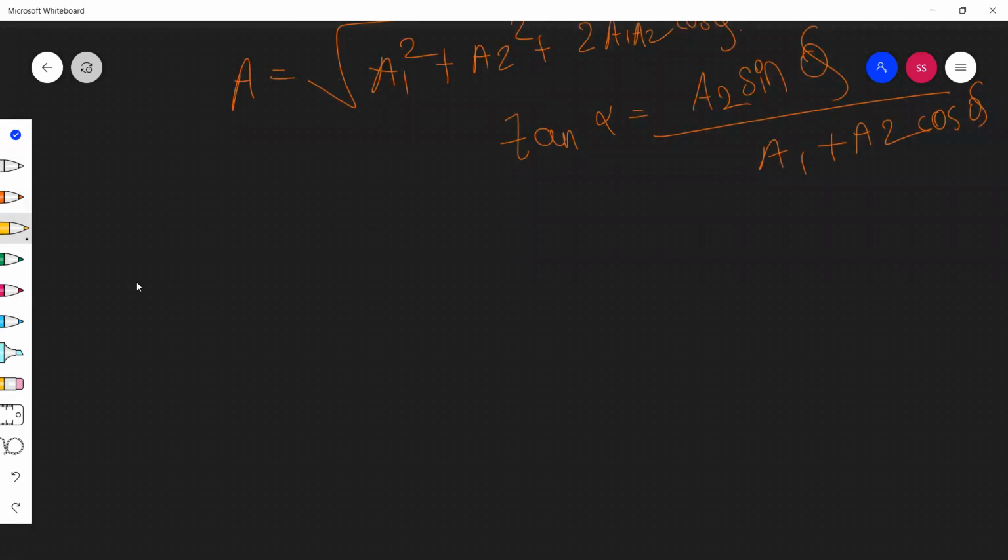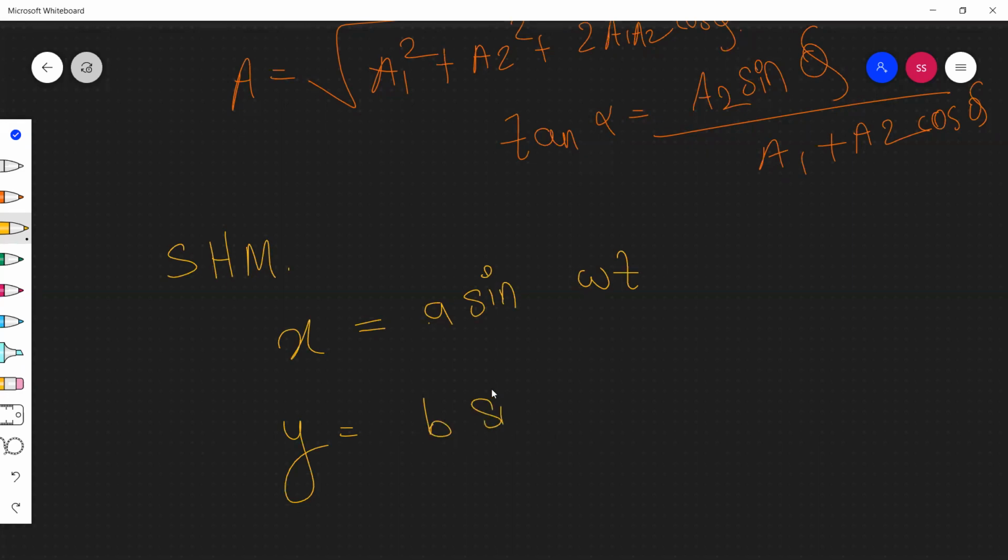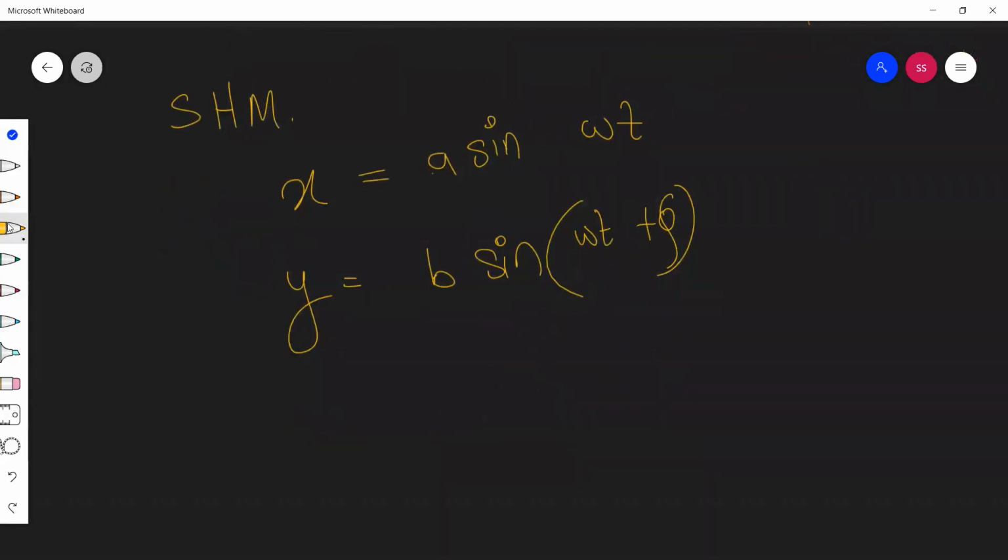नेक्स्ट इज लिसाजेस फिगर. उस पर्टिकुलर केस में क्या करते हैं कि SHM तो करवाते हैं पर दो अलग अलग डायरेक्शंस में. कैसा? पहला होता है अलोंग x डायरेक्शन, x इज इक्वल्स टू a साइन ऑफ ओमेगा टी, एंड दूसरा होता है y इज इक्वल्स टू b साइन ऑफ ओमेगा टी प्लस फाई, एंड इन दोनों को सुपर इम्पोज किया जाता है, एंड व्हाट विल बी द रिजल्टिंग मोशन ऑफ द बॉडी वो चेक किया जाता है. तो इसके लिए कुछ पर्टिकुलर केसेस होते हैं.